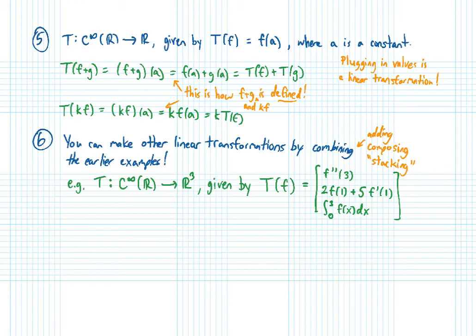And so what we've done here is we've taken 3 different things which would be transformations to R, and we've stacked them on top of each other to get a transformation that goes to R3, where the output is a 3-dimensional vector. And so that's what I mean by stacking. You take 3 things where the outputs are numbers, and you stack them on top of each other to get a 3-dimensional vector. That's stacking! And then, as a final example, let's look at the transformation from R to R+, where R+ is the